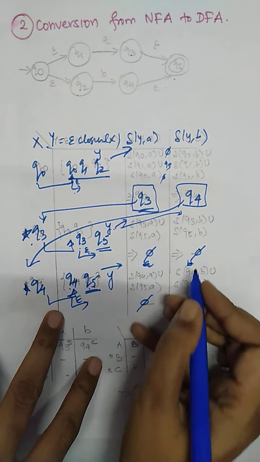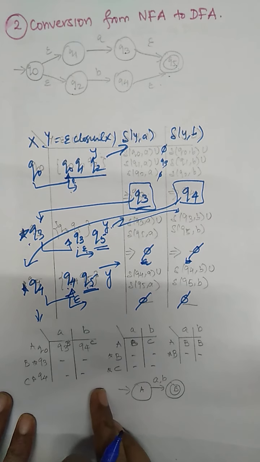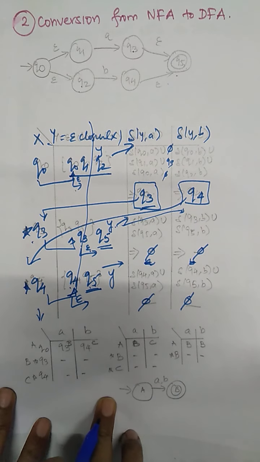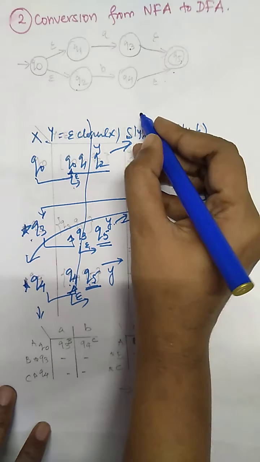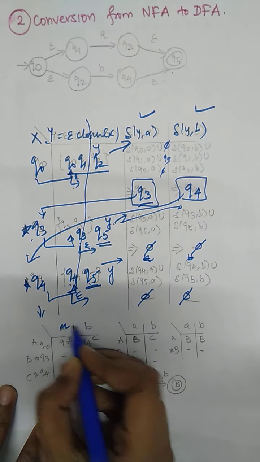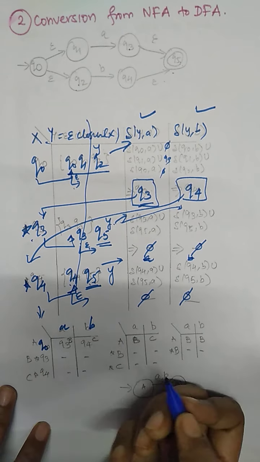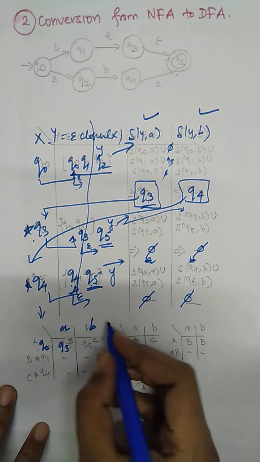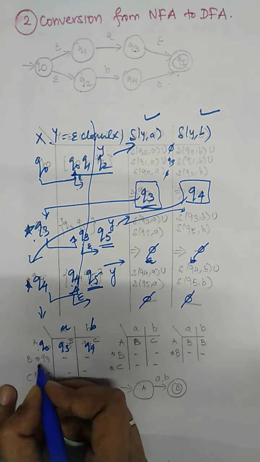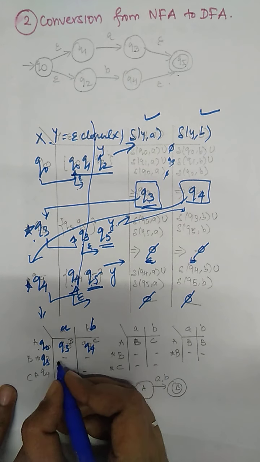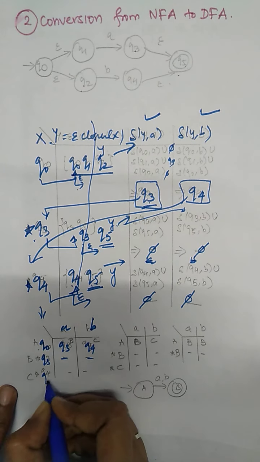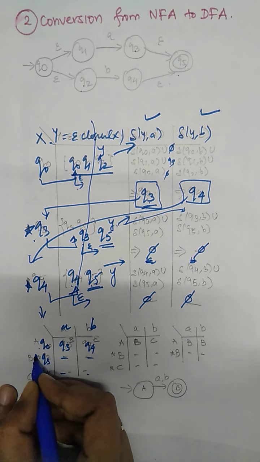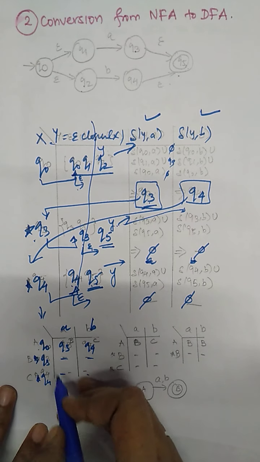Now what do we have to do? We have to rewrite our table. For rewriting the table, we are going to skip the epsilon closure. That is why we consider only A and B, with the state Q0 and the reachable states. So Q0 on A goes to Q3, Q0 on B goes to Q4, Q3 on A and B, nothing. Q4 on A and B, nothing. Plus we have to mark the final states. Q3 and Q4 are the final states.